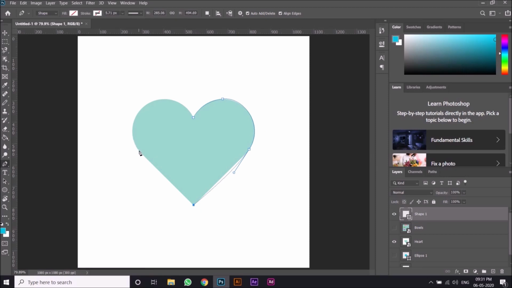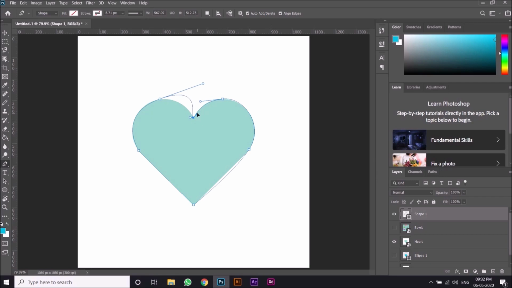Now another point here, I'll drag it a little bit. So I'll click here and drag it, then I'll click here, and you can see it is not perfect. So let me change it by using control and then pulling.